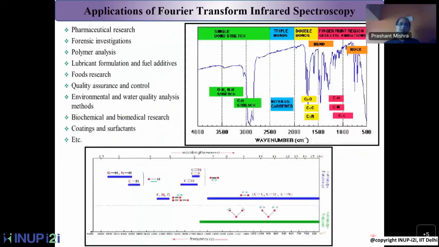Now, looking at the application in different fields and looking at the spectra, as I said, it can be a fingerprint of different organic molecules, as well as a fingerprint of different types of double bonds, or a fingerprint of certain groups. So that is what you can see. Here you can see single bond stretching, you can say CH bond stretching. You can see nitriles and carbenes are in this range. Double bonds are in this range. And then you have certain single bonds again over here. So you have a very interesting fingerprint of these